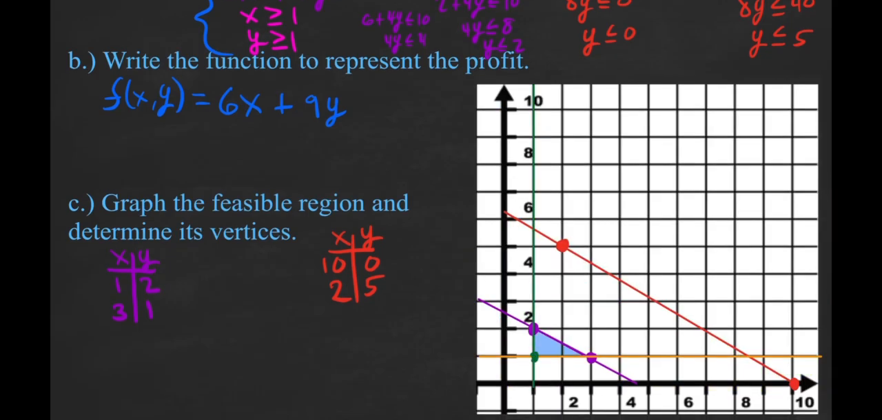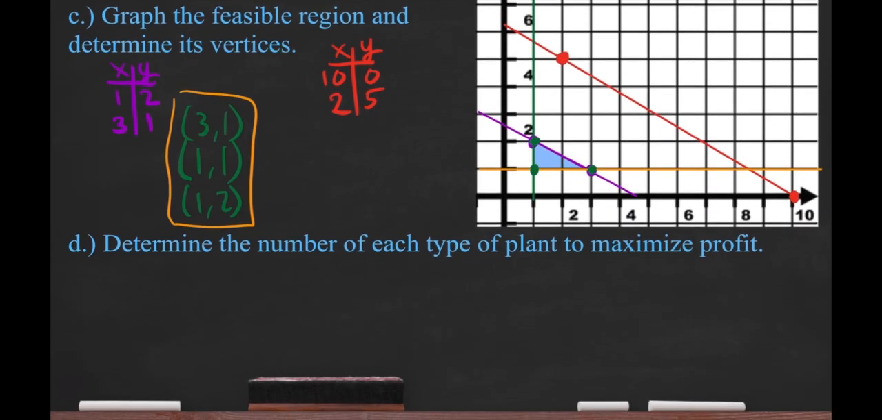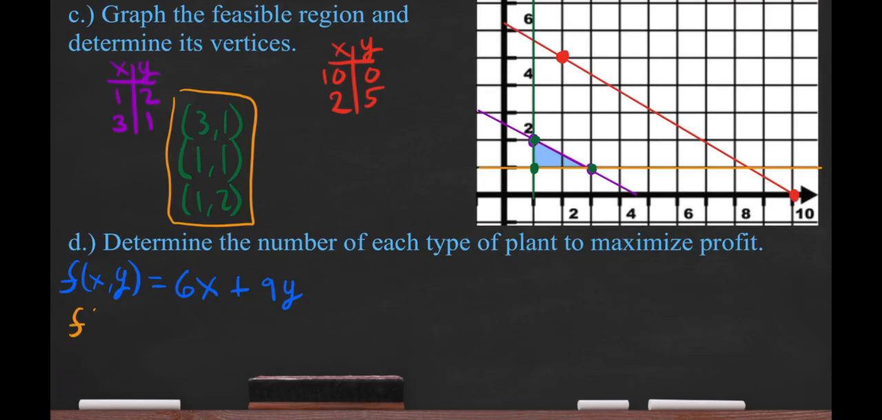If we want to determine these vertices, let's just look at the graph. We have one at 1, 1, 1, 2, and another one at 3, 1. So we have determined the feasible region and the vertices. The last thing that we want to do is to determine the number of each type of plant to maximize the profit. I'm going to take our profit equation that we have up here, and I'm going to rewrite it. Doing the function for each of these vertices, we end up with